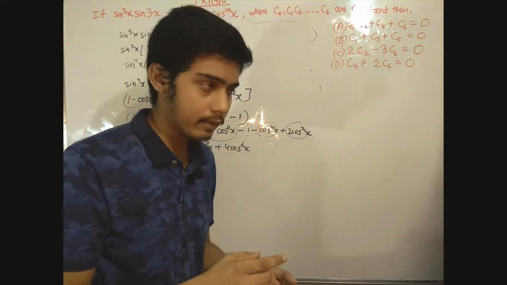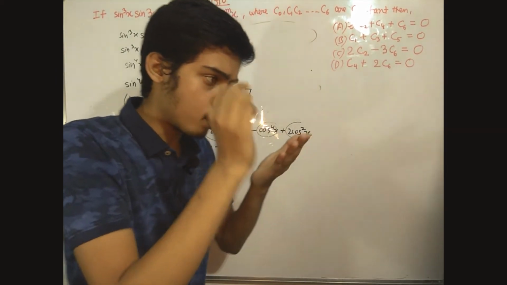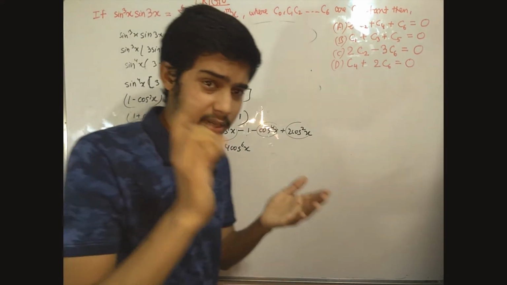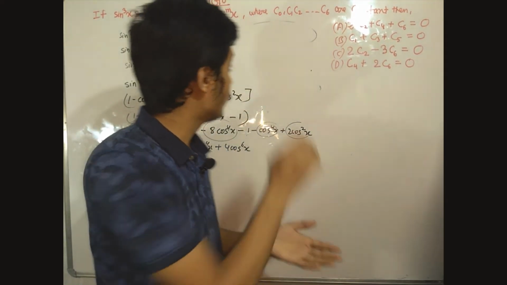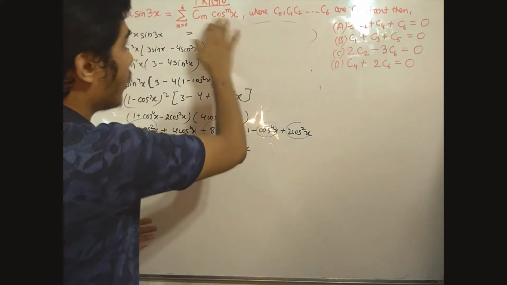We will put the values from 0 to 1, 2, 3 and 4. Listen to me carefully. We'll put the values from 0 to 6. Where will we put the value?